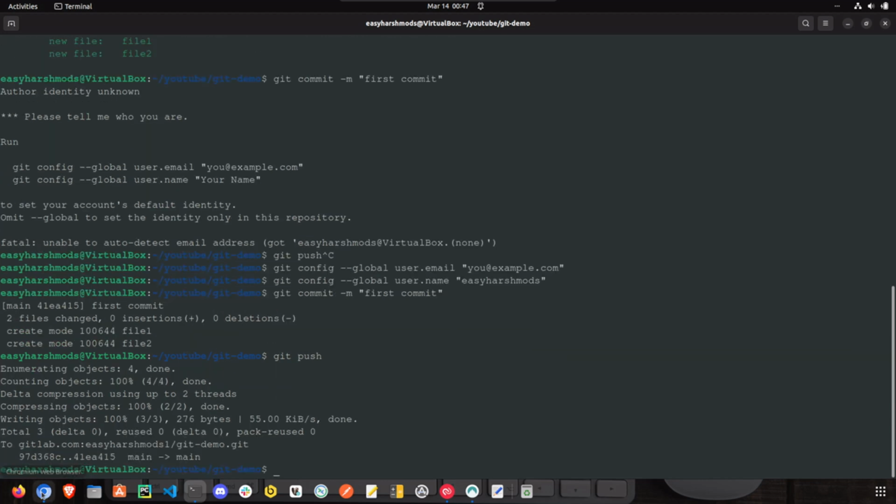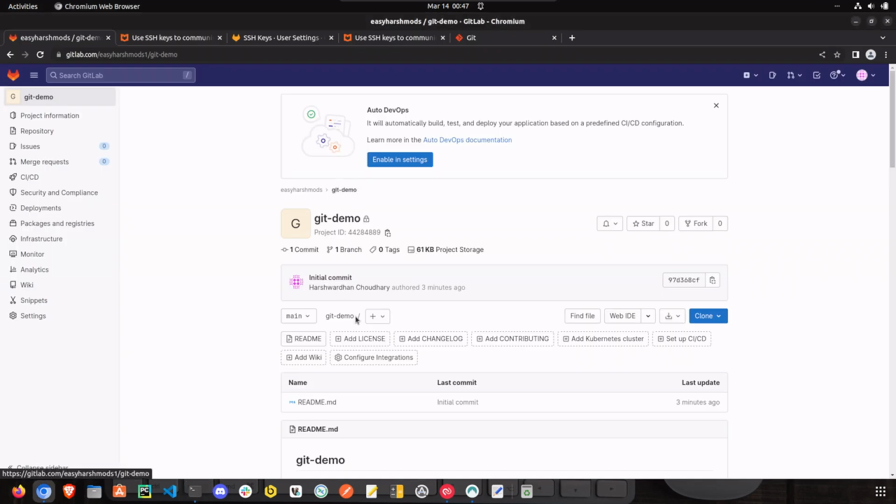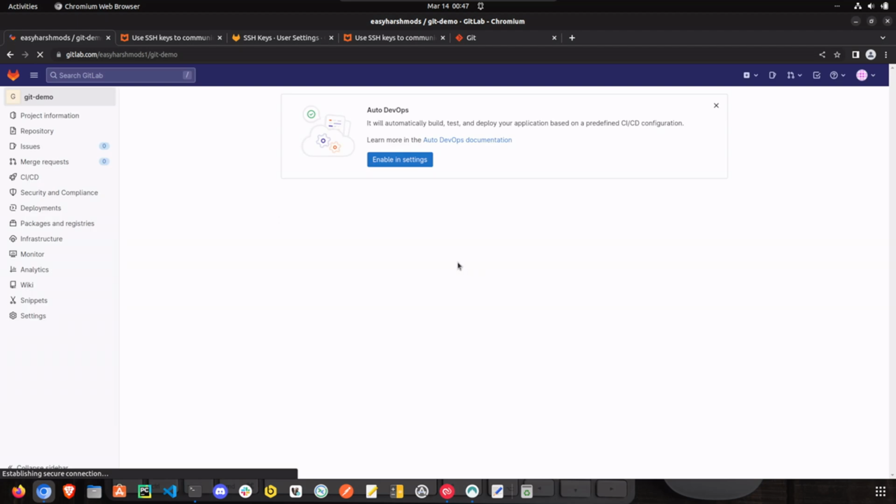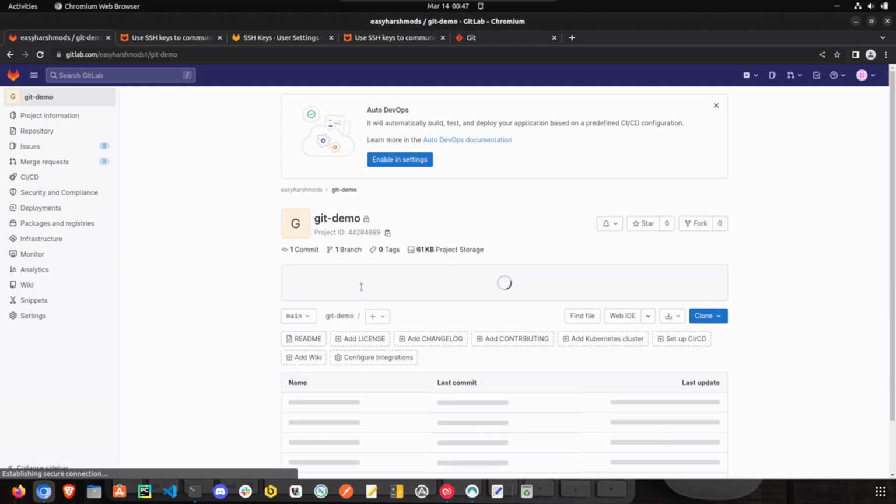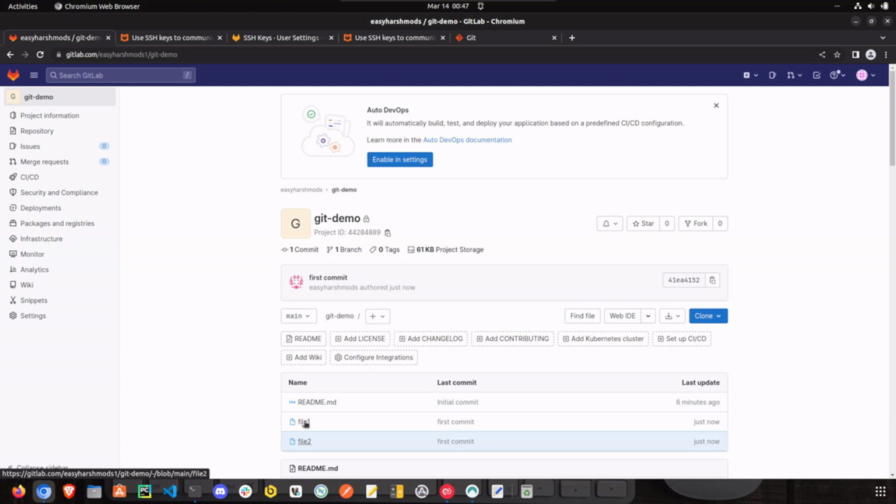I can head over to the browser and refresh this page to find those two empty files, file 1 and file 2, present over here. But this is good as long as you are the only person working on this repository. But in real world scenarios, you would have at least 5 or 10 team members working on the same repository,